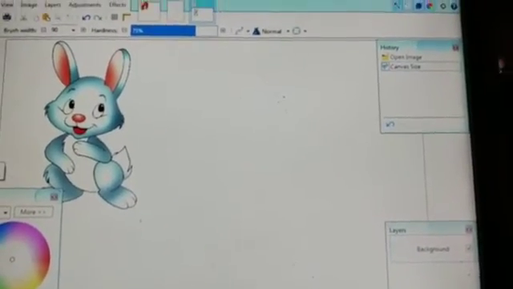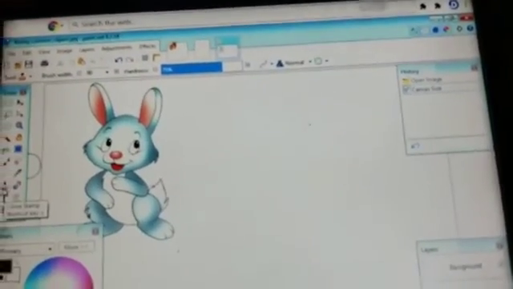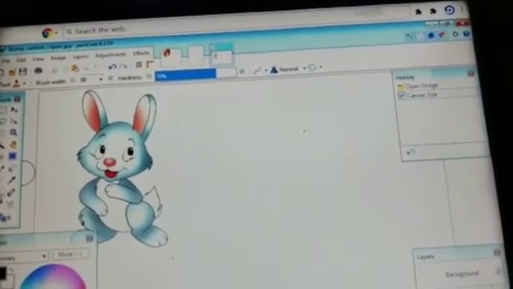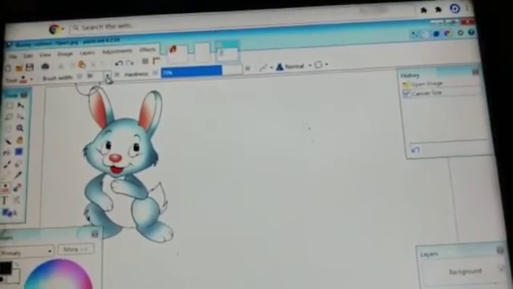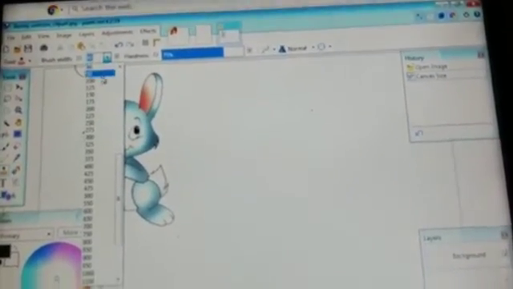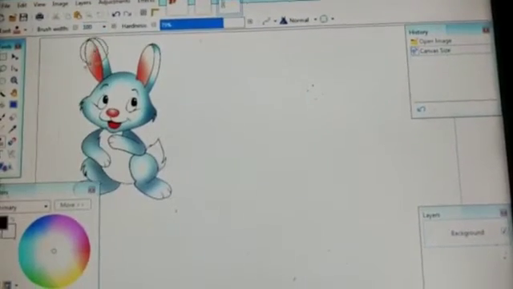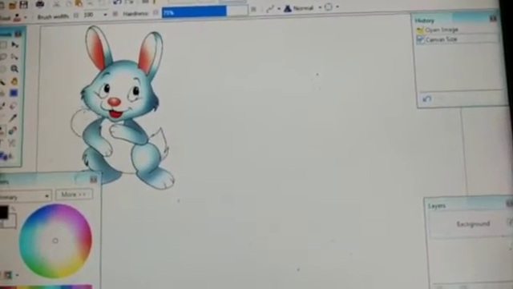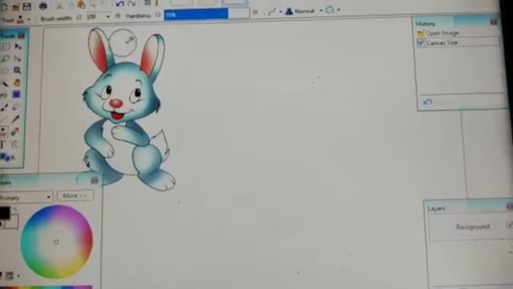Then go to the toolbox and select clone tool, then you need to change the size of the brush. Now I'll select as 100, then hold Ctrl key and copy the image.